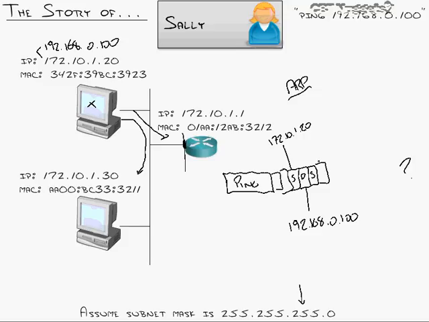The source MAC address is going to be the MAC address of Sally's PC, 342F39BC3923. The destination MAC address will be the MAC address of the router. See, here's the picture. As soon as this PC realizes that Sally is not destined for the local network, it's